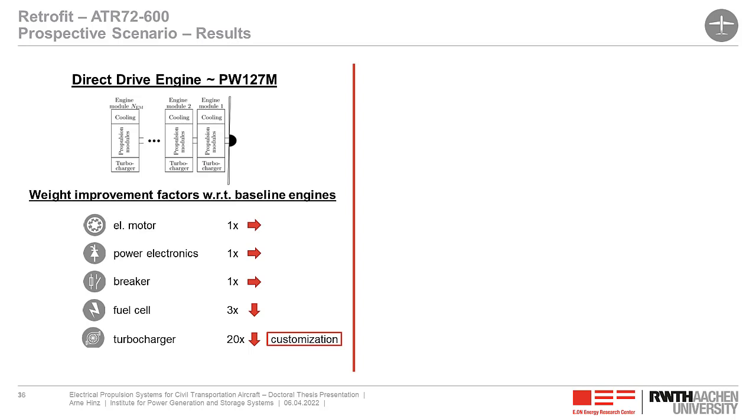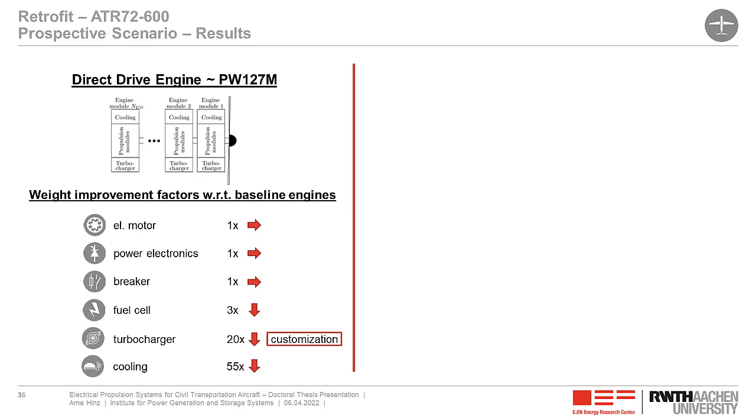Then we can apply here a single stage turbocharger with a pressure ratio of 6.33 to 1. In the baseline model, this is a 2-stage turbocharger. So this is another factor of 2. And by further customization, we should be able to apply some lightweight design measures and to reduce the 2 parallel turbocharger systems we would require for the ship engine baseline model to just 1 bigger turbocharger, which would be another factor of 2.5, and this in total is a factor of 20.